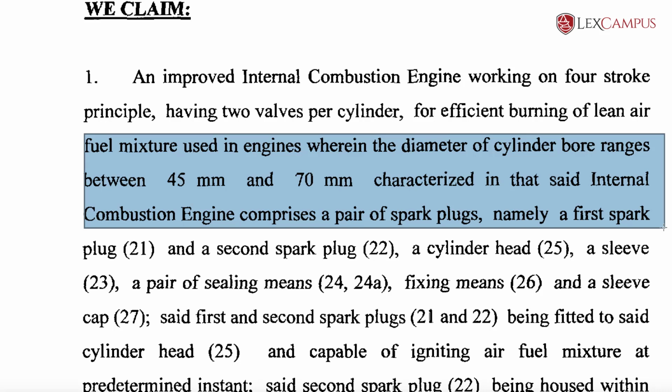So what had happened, the cylinder has now been introduced, earlier without a restriction, and there is now a range to its size, that is 45 mm to 70 mm is the cylinder bore range within which this invention will now operate. So two spark plugs for a normal internal combustion engine could be used in any invention, but in this invention there is a restriction on the bore size. So this is the way Bajaj was able to get over objections the patent office would have raised in this case, and by introducing a smaller bore or a limitation to the bore size, they were able to get away with the objections raised at the patent office. So this part was introduced by an amendment. So claims can be amended till they are granted. The patent office offers multiple opportunities for a patent applicant to amend the claims,